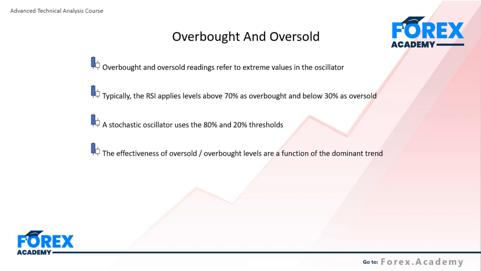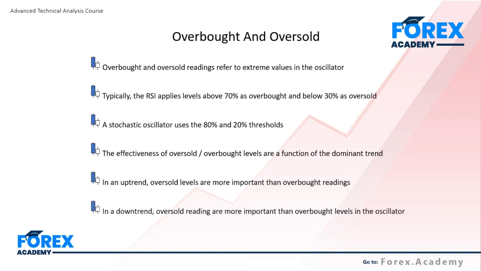What's important to understand, and this will be one of the really key pieces of information you can extract when applying overbought and oversold readings, is the effectiveness of these two readings. Their level of effectiveness is a function of the underlying dominant trend. In an uptrend, oversold levels are more important than overbought readings. In a downtrend, it is the reverse. Overbought levels are more important